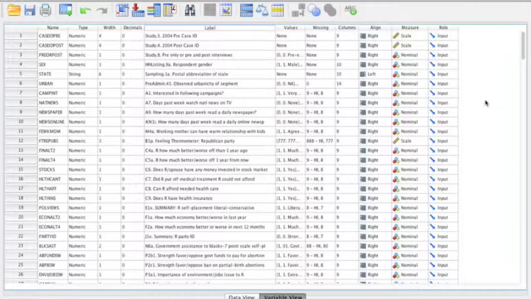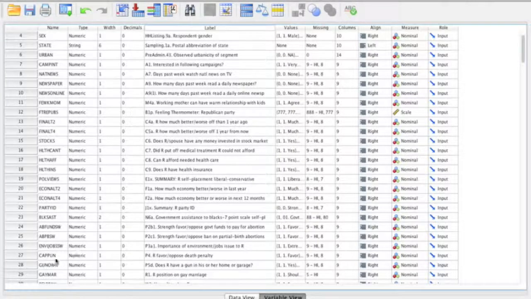Okay, so today I'd like to go ahead and show you how to generate cross tabulations and calculate a chi-squared value in SPSS. As you can see, I've gone ahead and opened the software, and I have opened the ANES dataset. For illustration purposes today, what we're going to look at is this variable down here at position number 27,